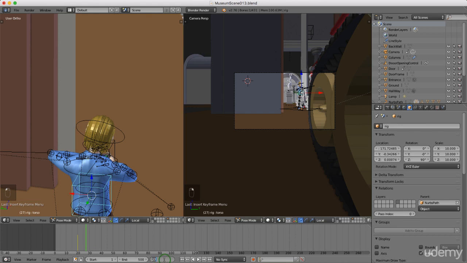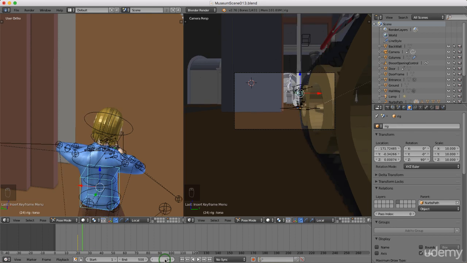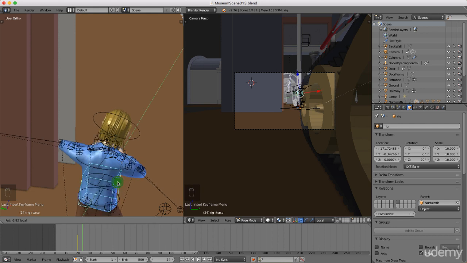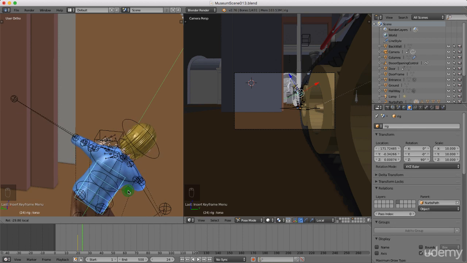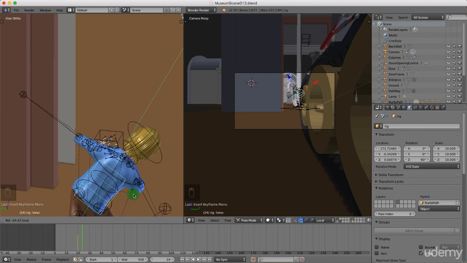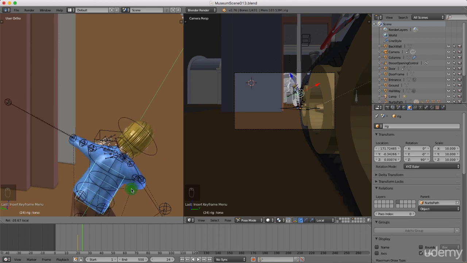24. So I'm just going to left click in here, type in 24, and I want to change this to rotation. So I'm going to press Control Space and left click rotation. So I'm just going to have him look around the corner to make sure the rig is coming in past the door properly. Okay, maybe not too much, but